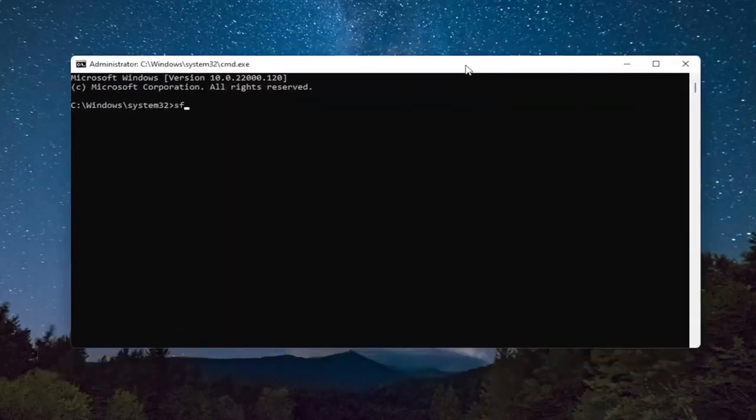And you want to type in SFC followed by a space /scannow. Scannow shall be one word attached to that / out front. Hit enter on your keyboard to begin the system scan. This will take some time to run, so please be patient.